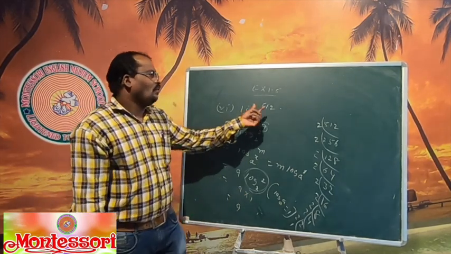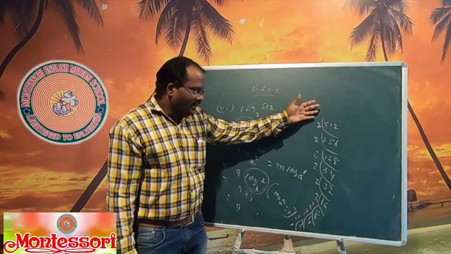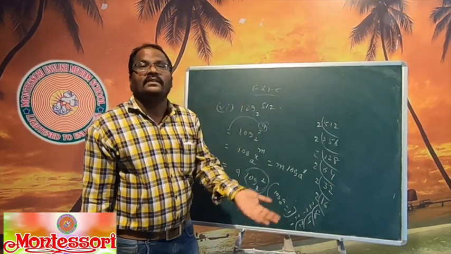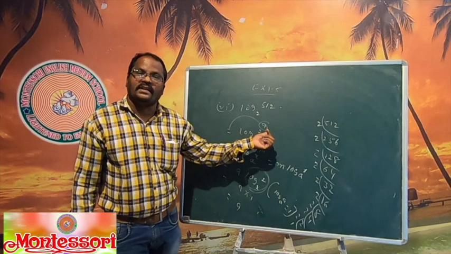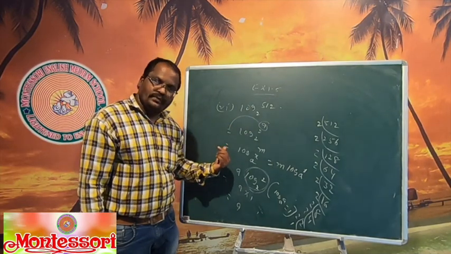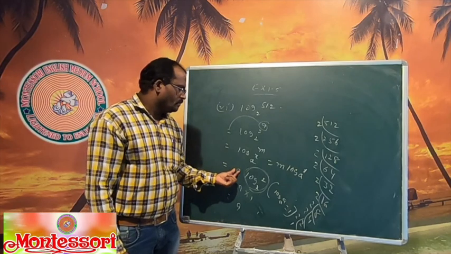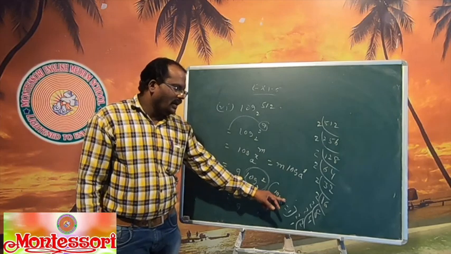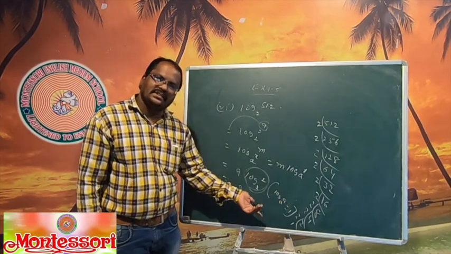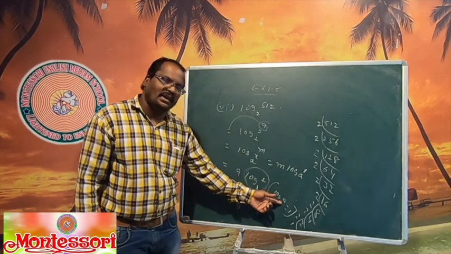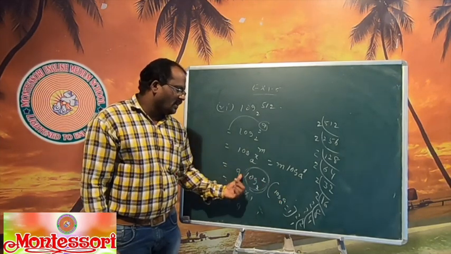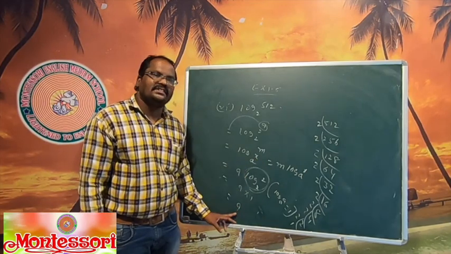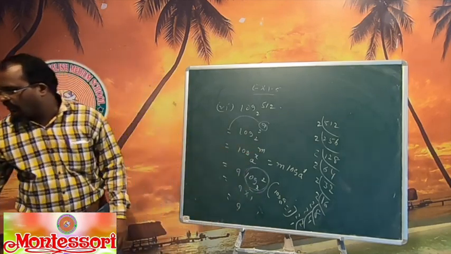Again, once more: what is the question? 512. You have to take the LCM of 512. After LCM, 2 occurs how many times? 9 times, so it should be 2 power 9. The 9 comes to the front of the log. Log 2 and 2: whenever both are equal, the answer is 1. Log 5, 5, the answer is 1. Log 10, 10, the answer is 1. So 9 ones, how much answer are you getting? 9. Now see one more question.